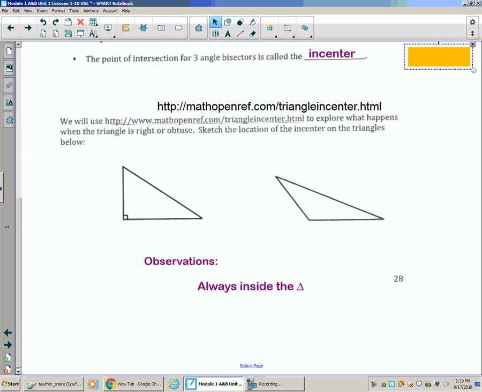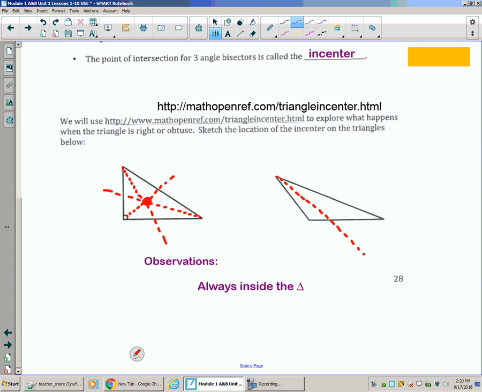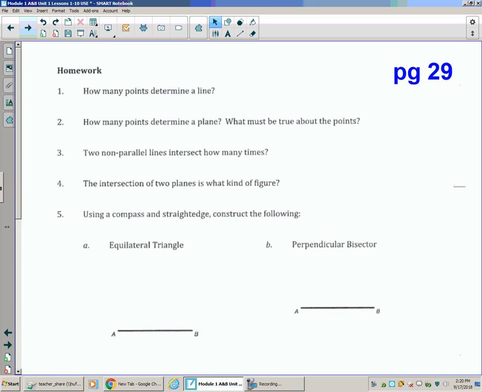If I go down to the two other types of triangles, the right triangle and the obtuse one, if I roughly draw in two angle bisectors, I'll actually draw in all three, we see the two incenters are always going to be inside those triangles, no matter what. So they're incenter number 2. And that is the end of lesson number